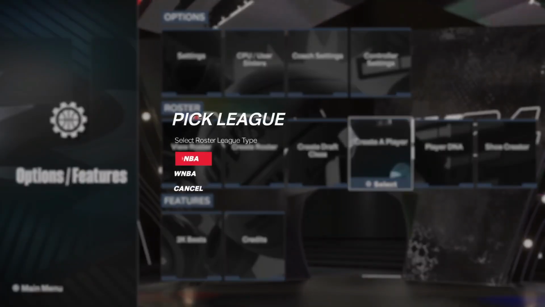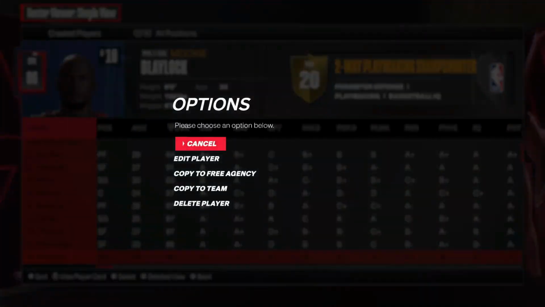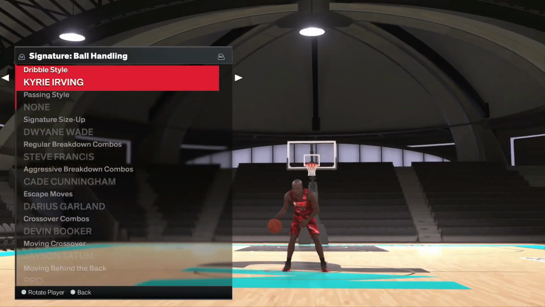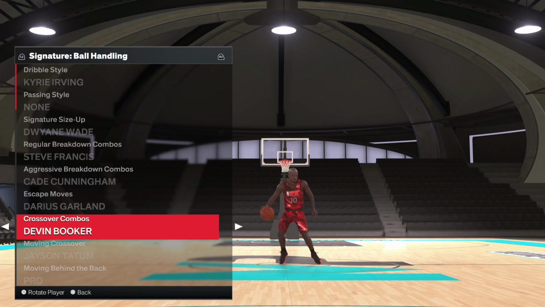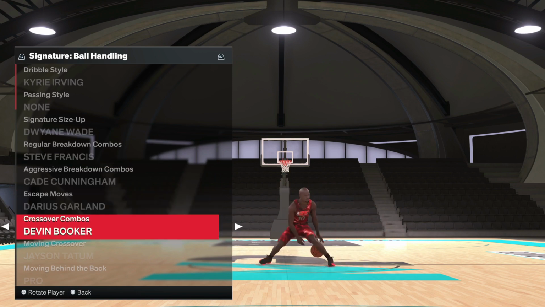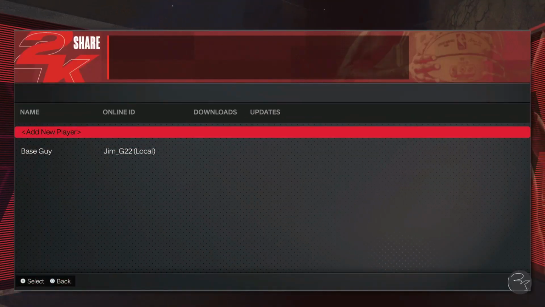So, for example, if I go in to create a player, and I go into Mookie Blaylock here, and I go to his signature styles, you'll see for these new categories, it's Steve Francis, regular breakdown, Cade Cunningham, aggressive breakdown, Darius Garland, escape moves, Devin Booker, crossover combos. So those are the ones we're going to keep an eye on: Francis, Cunningham, Garland, and Booker. Now, if I export him into DNA,